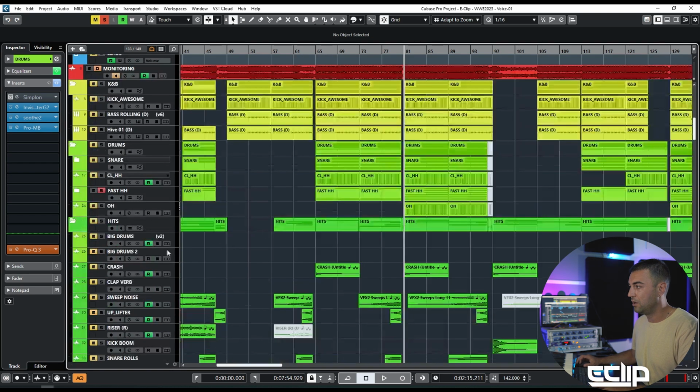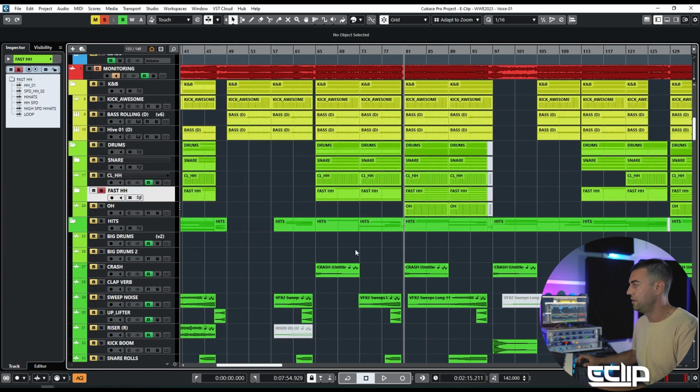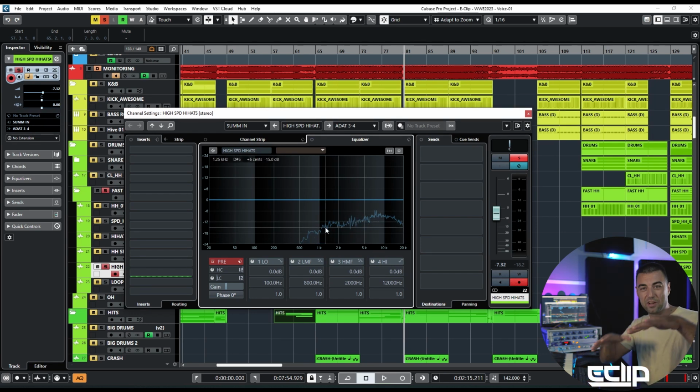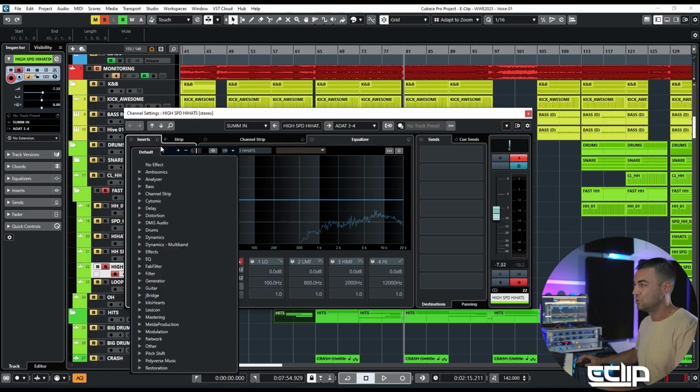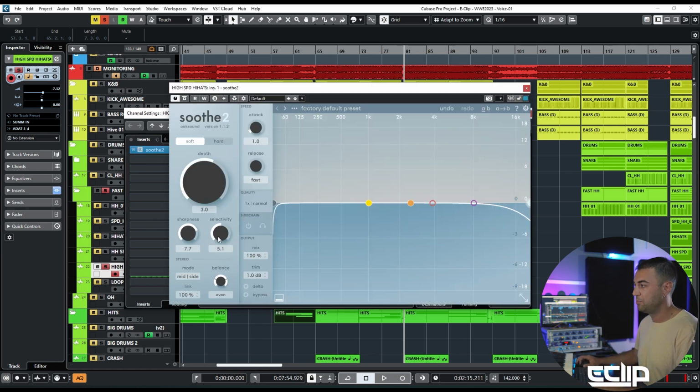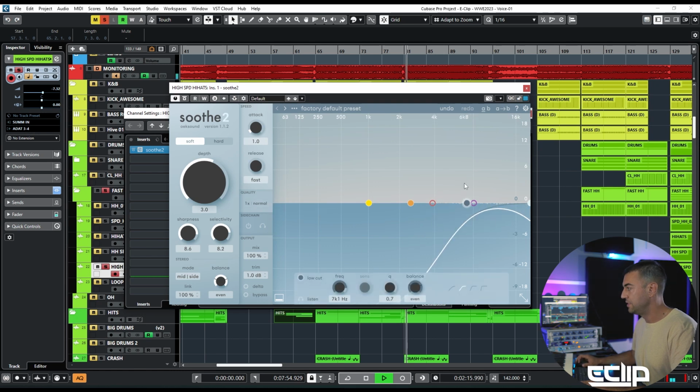So if I play all of these fast hi-hats over here, almost every hi-hat will have a bunch of these peaks and these irregularities. So what I'm looking for is just to catch all of those and to bring them a little bit back in the mix. So if I use the Soothe now, let's say Soothe, and if I increase the sharpness, selectivity, yeah, something like this, and if I do this over here,